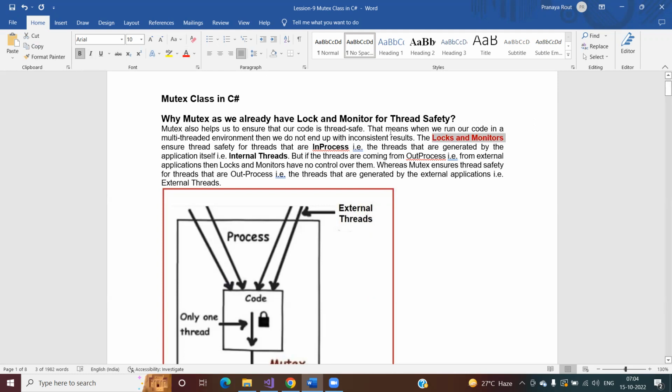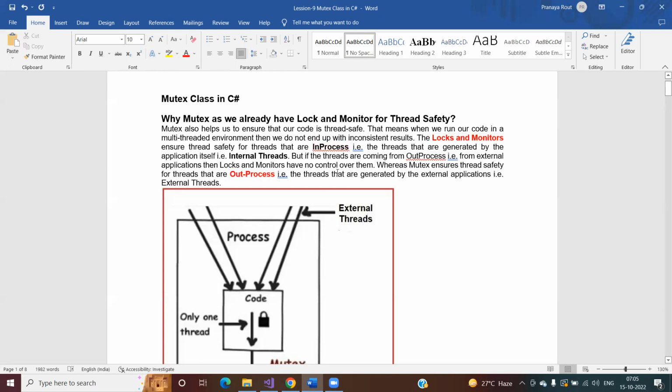What do you mean by this? The threads which we created to execute our code get their thread safety from the lock and Monitor classes. If a thread is coming from outside of our application code, they will not provide thread safety to it. Whereas Mutex ensures thread safety for threads that are out of process, right? That means if you want to restrict